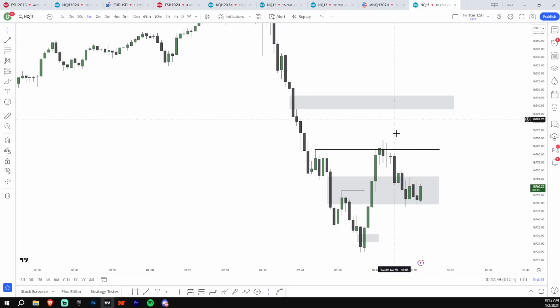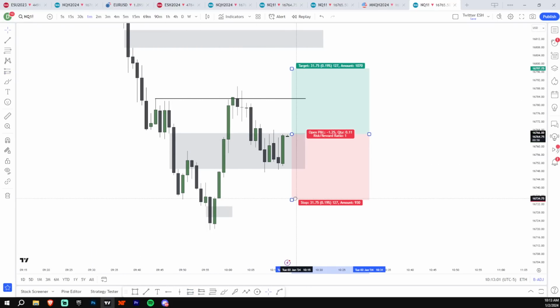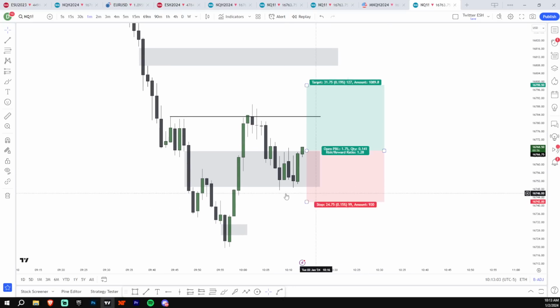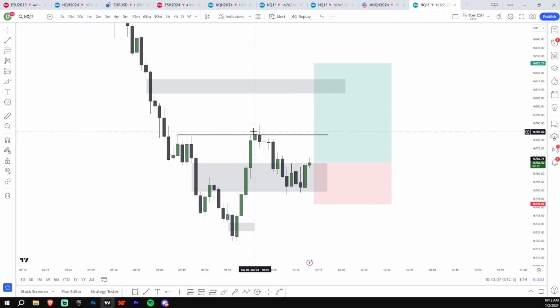I like shorts here, dude. Although this inversion isn't valid for a new long entry, you're not going to enter this. It is valid to still watch and see how you react from it. It's still a pretty obvious inversion and I could still see it working, but it's not a good entry.